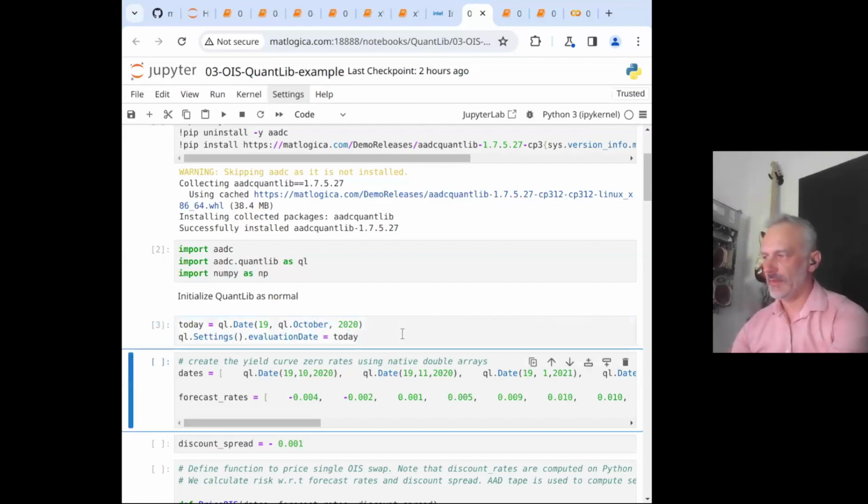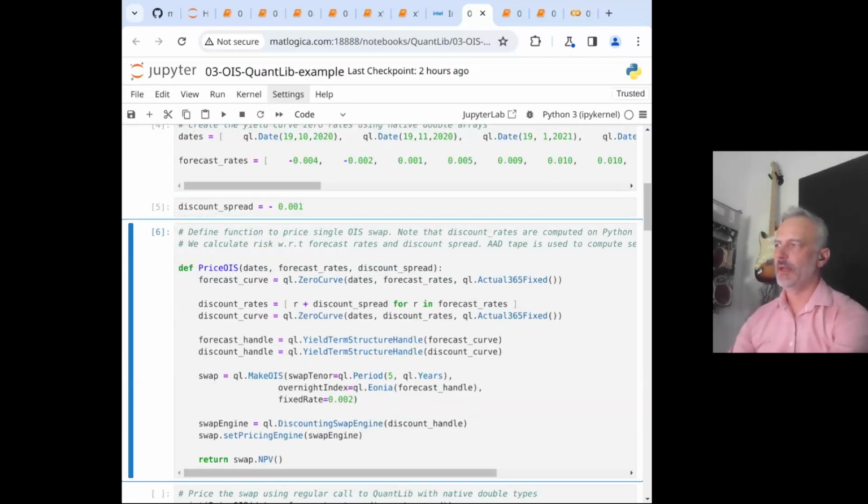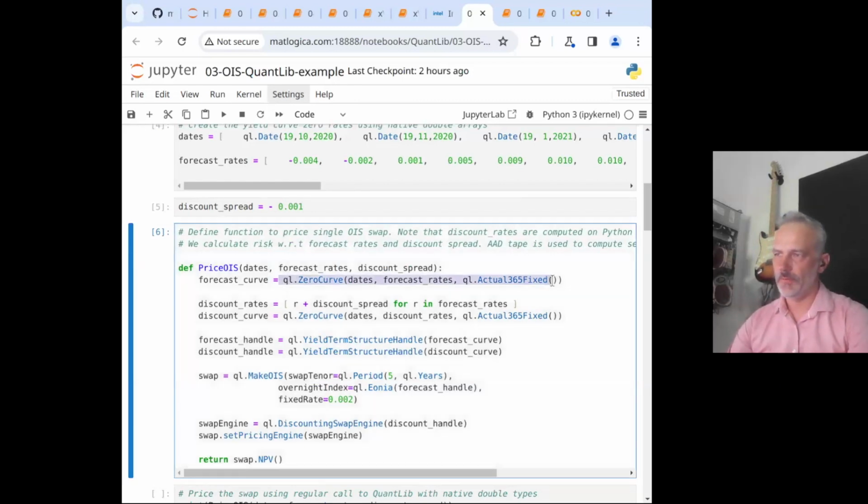Right, so here we have some basic initialization steps you would go through if you use a C++ quant library. What's important here is that you see this curve object constructed from a vector of dates and a vector of rates, but a discounting curve is constructed from a vector computed as a spread on top of forecast rates.